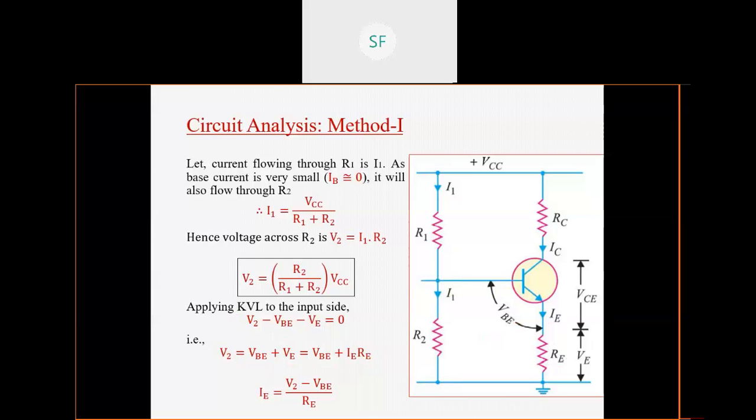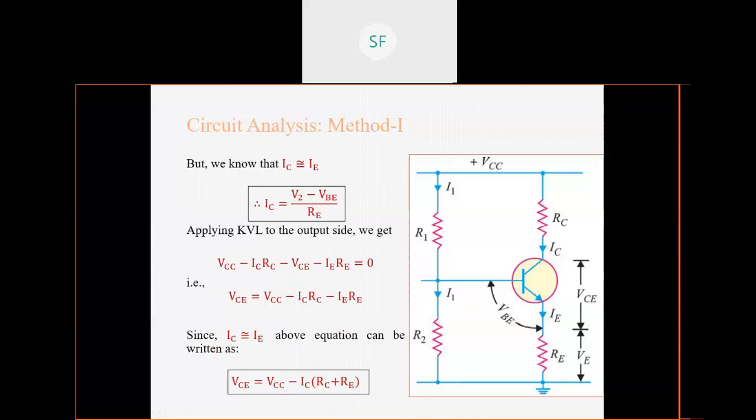Okay, so finally, in the last step, I am arranging the above equation in terms of IE, because I am interested in the current component IE, so that's why I have written the whole equation in this format. So it is simple mathematical manipulation. The VB I sent to the V2 side, so it becomes minus VB, so V2 minus VB. On this side there was IE RE, so I sent RE in this direction, so hence it becomes divided by RE. Alright, so we got this expression of IE, that is the emitter current.